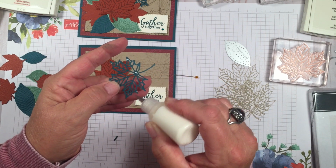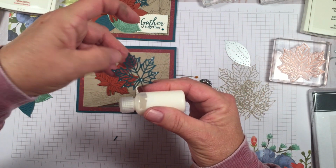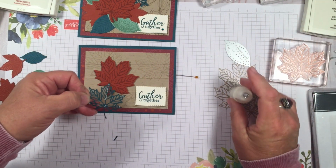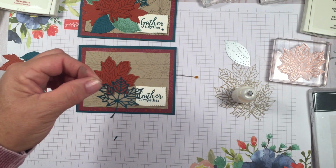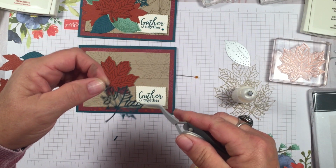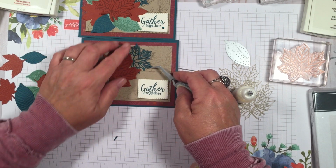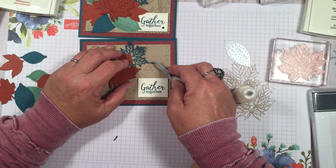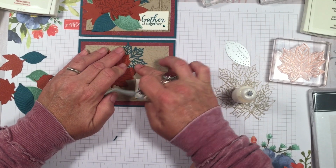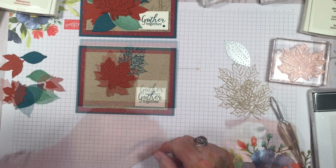I'm just putting little pieces of glue all around. Turn this around. Sometimes it's good to use a little pair of tweezers when you're working with this, which I think I will. Get my reverse tweezers out. Handy dandy little tool, and it helps me position that in there. Now, luckily this glue dries clear. All right, push it down. It doesn't take long for it to start sticking. There we go. Now my next piece,